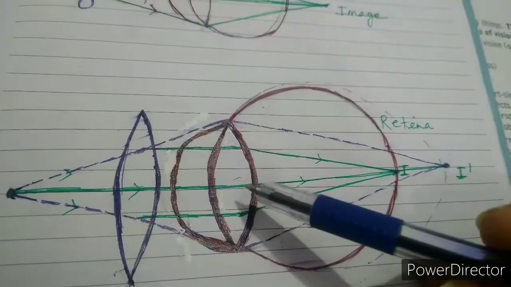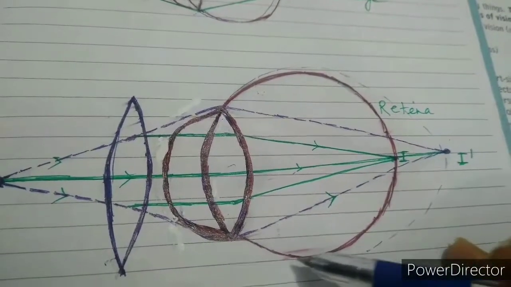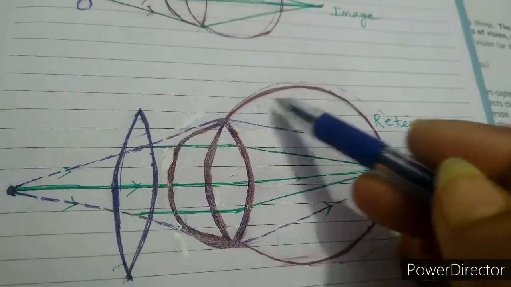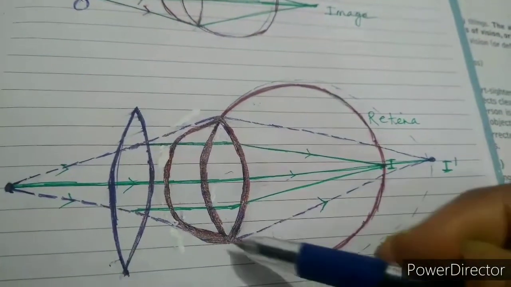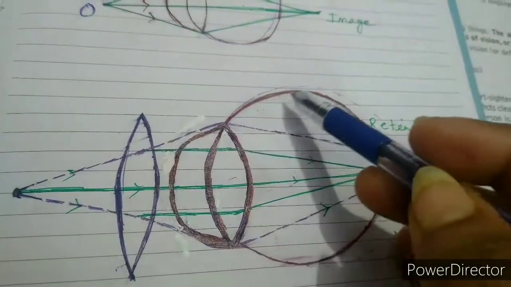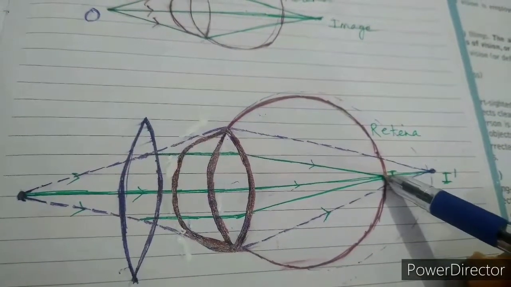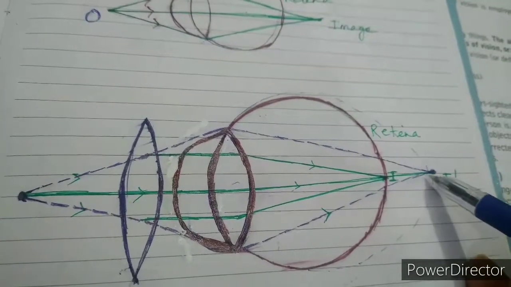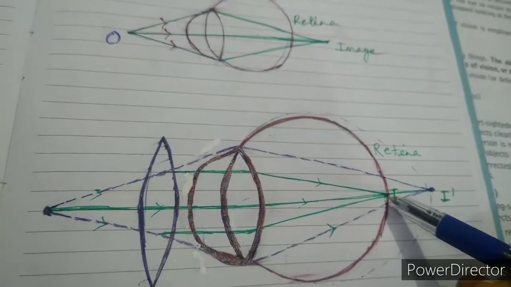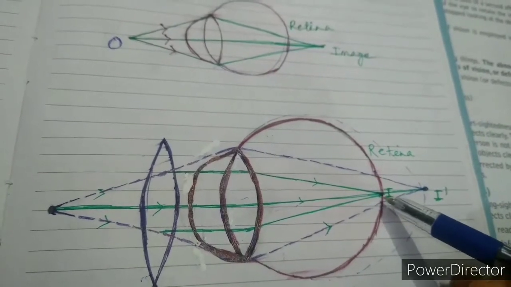So if the eyeball decreases, at that time what happens? See, by default you know that this is the retina, and if the eye is perfect, then its image should form at the retina. But since its eyeball decreases, means length of the eyeball decreases, what happened? The retina shifted up to this. But by default, the eye makes its image here, means at the original retina. But the retina shifted here. That means there is a problem. It should form here, but it is forming here. So the eye cannot see the object clearly. Means writing becomes hazy for him.